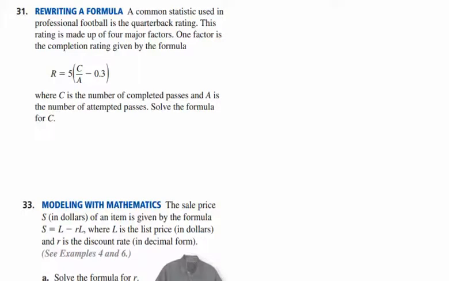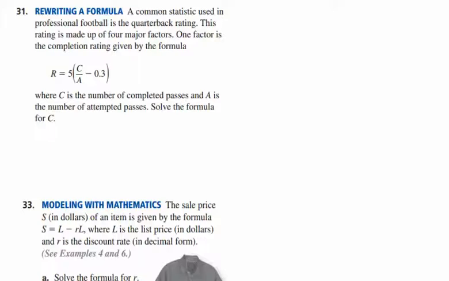Okay, in this video we continue with some of the word problems related to the homework for Chapter 1, Section 5. And in problem number 31 we have this quarterback passer rating, a common statistic used in professional football. And this rating is made up of four major factors. One factor is the completion rating given by the formula R equals 5 times the quantity C over A minus